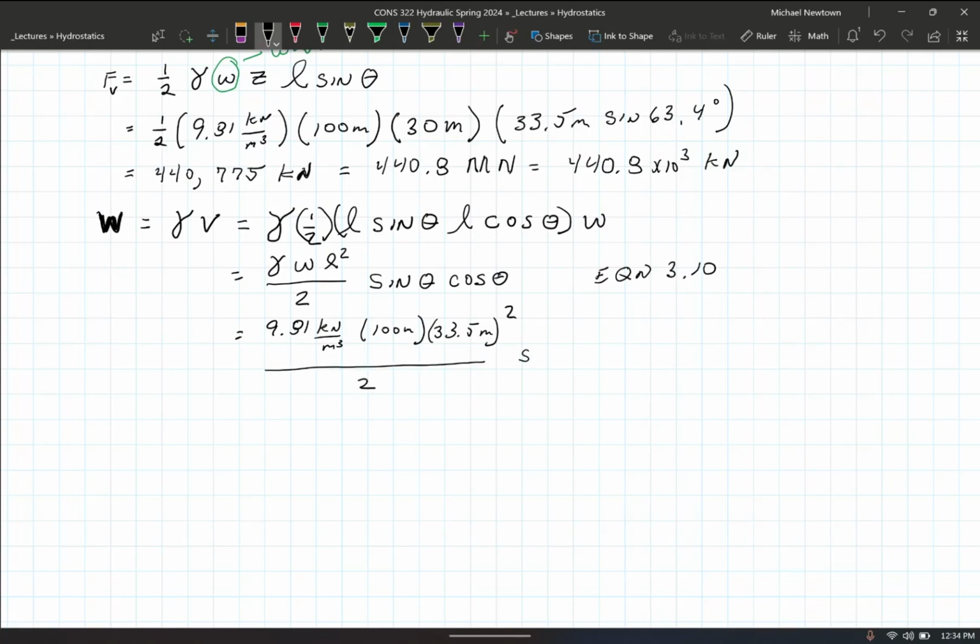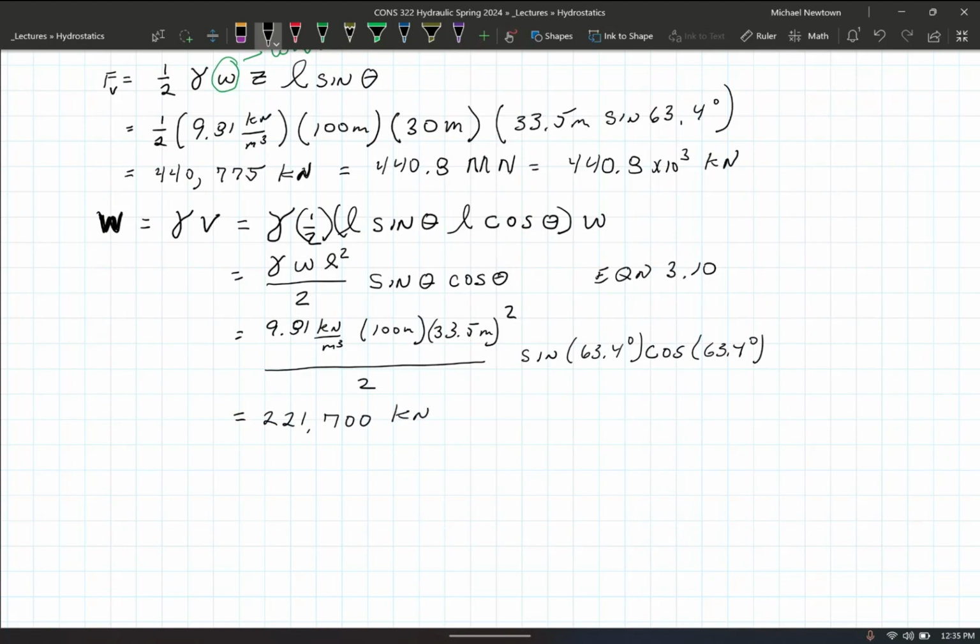And then we're going to go sine of 63.4 degrees, cosine of 63.4 degrees. And we're going to get a number that is in the ballpark of 221,700